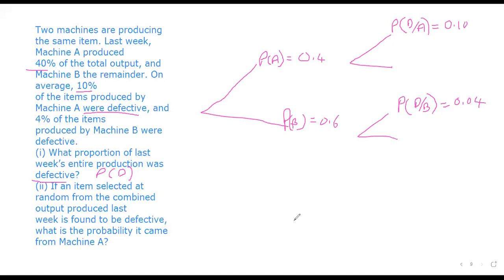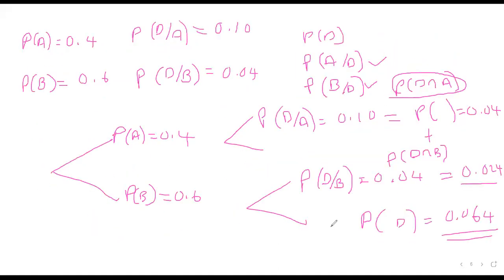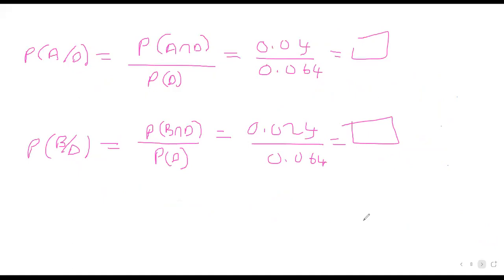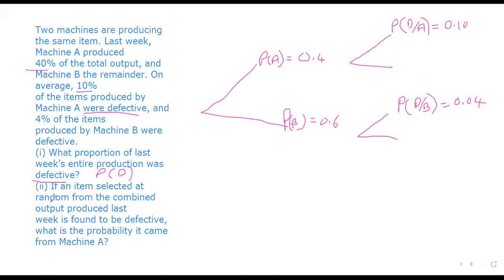All right, which we found here. Probability of D is by multiplying this by that to get the intersection, this by that to get the intersection. Then when you add the two intersections, you get the probability of D, which is 6.4%. See how tricky it was? If you don't understand how to apply this, then lastly, you are asked: if an item is selected at random from the last production and is found to be defective, what's the probability it came from